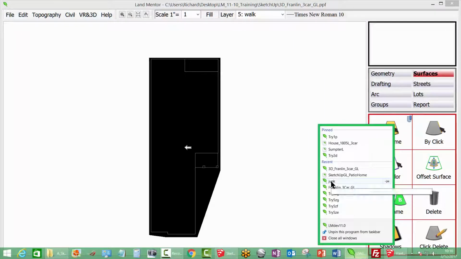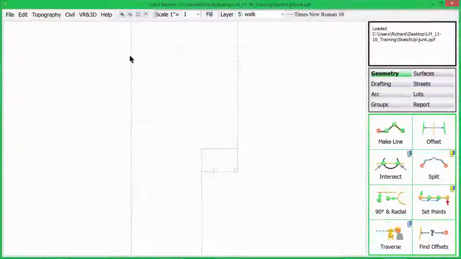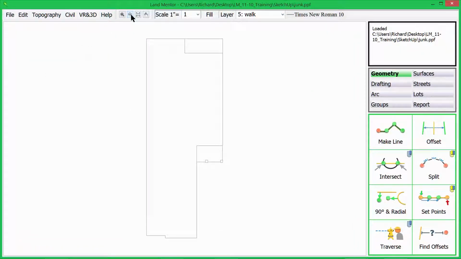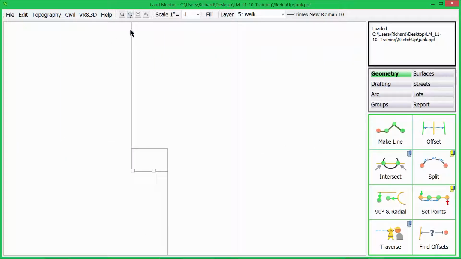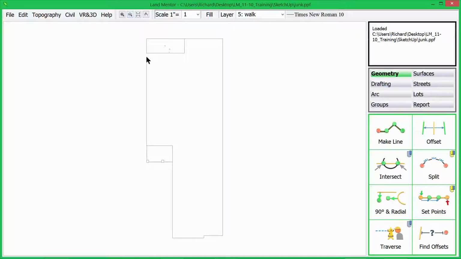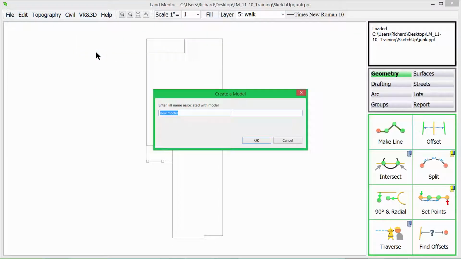Then what you'll do is open a new LandMentor file, recall junk. Remember, we saved that unit away. I'll hit minus to get it on the screen so you can see it, and I'll hit mirror site and submit, minus again to get it on the screen, and you'll see it's flipped the other way. That means that you don't have to go through all that process again because you saved it away as junk for the right side. Then you'll do a create model, again Frank,